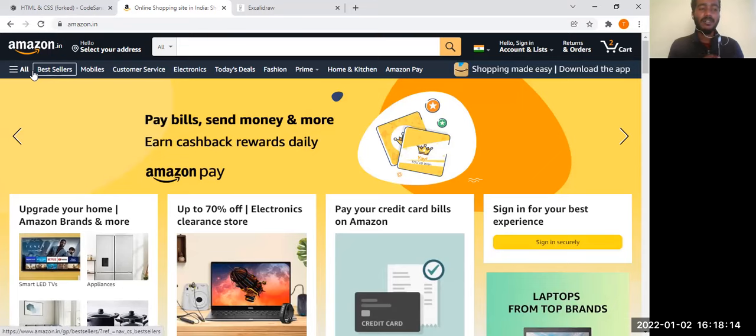There is an equal distribution of space between these. We'll come back to that later. There is a small space difference between this image and this header part. Now let's first build this navigation part alone.